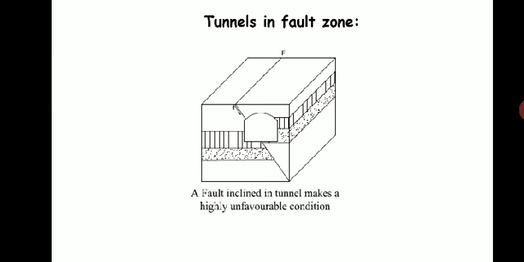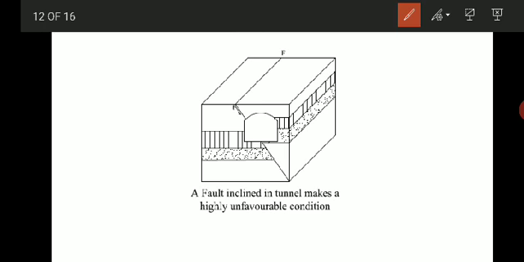So what happens if the rocks are faulted? During a fault, the movement of the rocks takes place. So you will come across a different type of rock. Here is a different rock. In front of that there is a different rock. So you may come across rocks of different nature lying in contrast with each other.